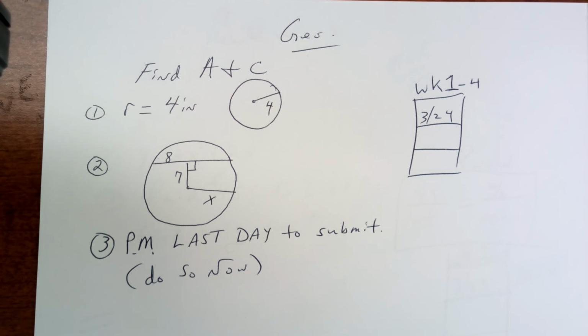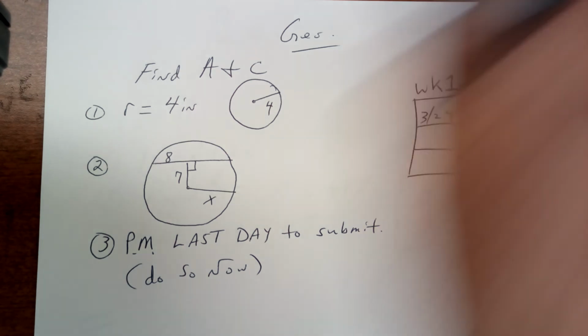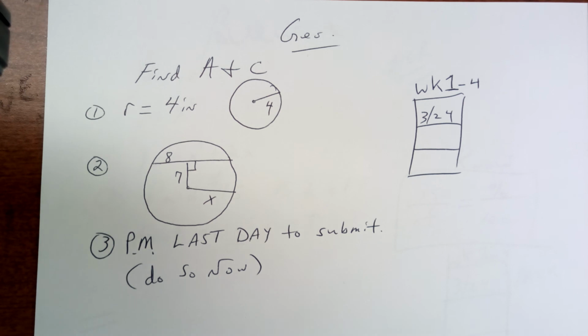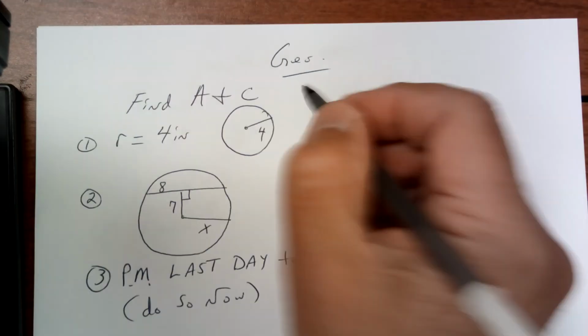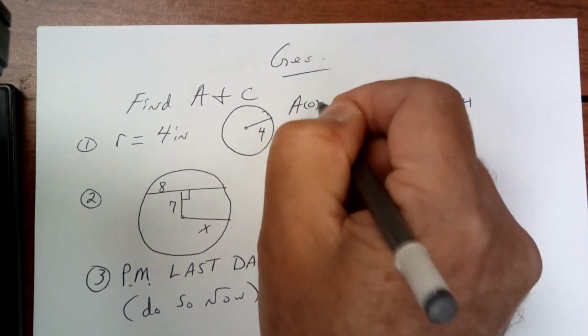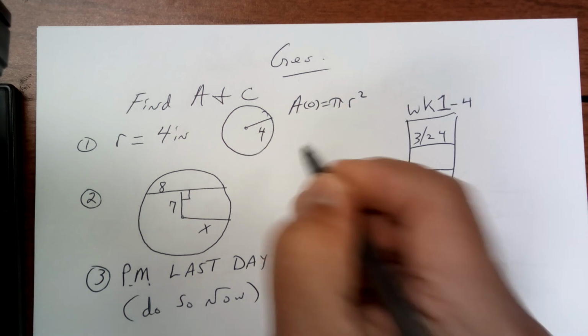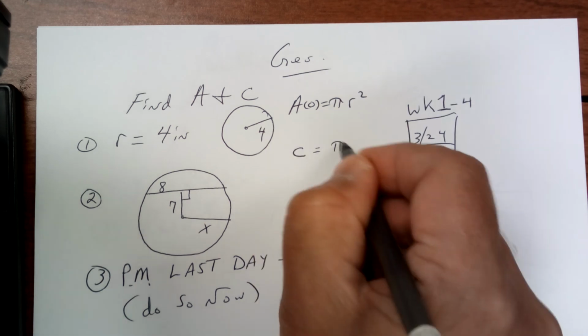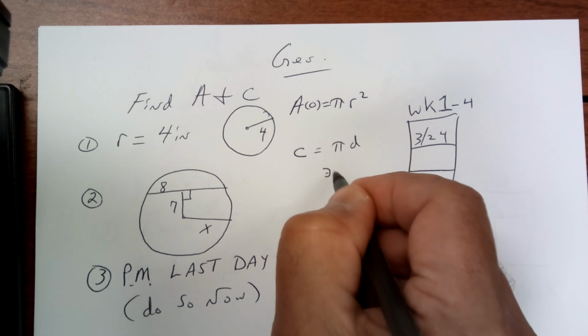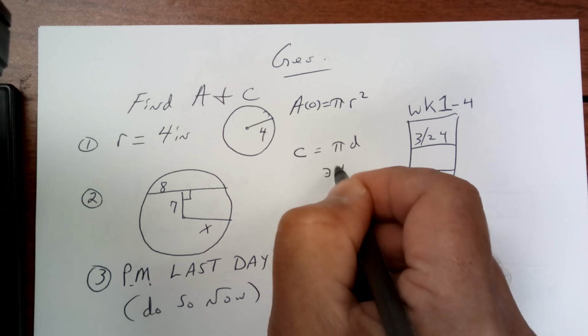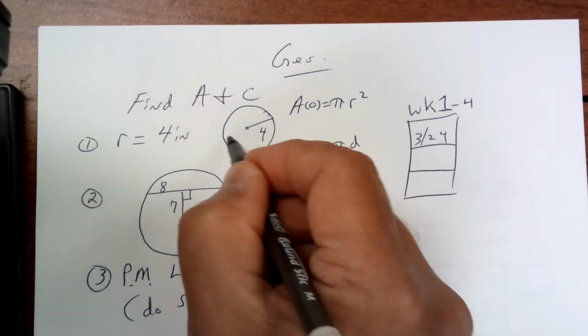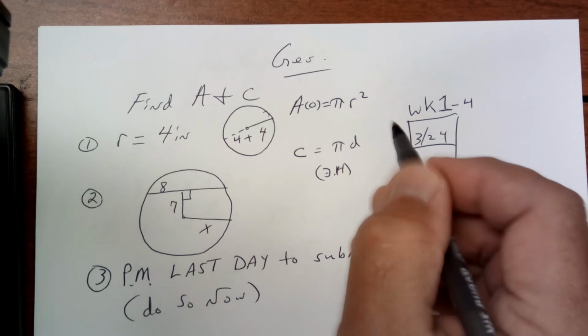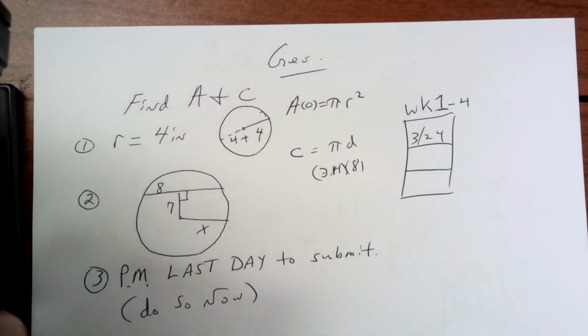So on this right here, they want area and circumference, and you got to memorize the two formulas. Area of a circle is pi radius squared. Circumference is pi times diameter. So 3.14 times the diameter. And the diameter here is going to be 4 plus 4, which equals 8. So it's going to be 3.14 times 8, and I get